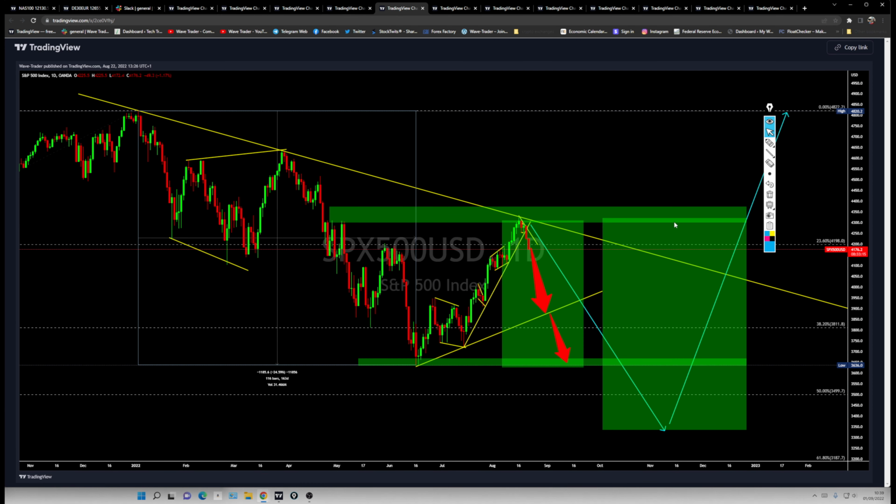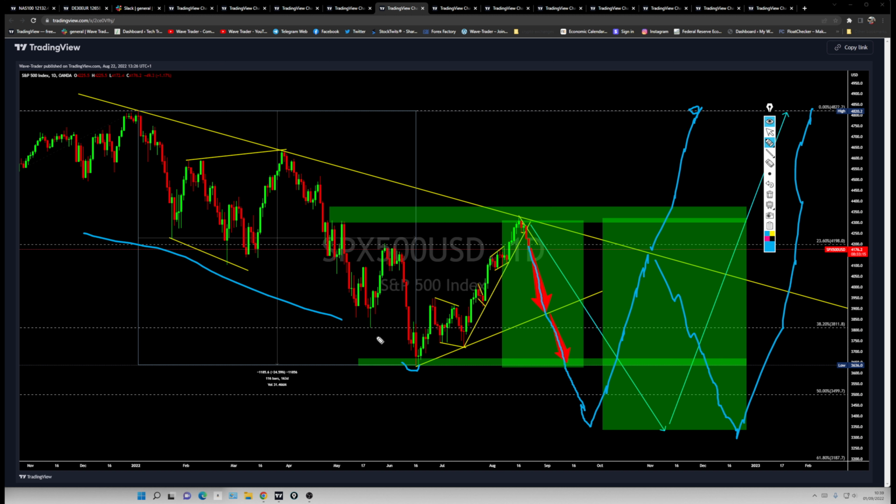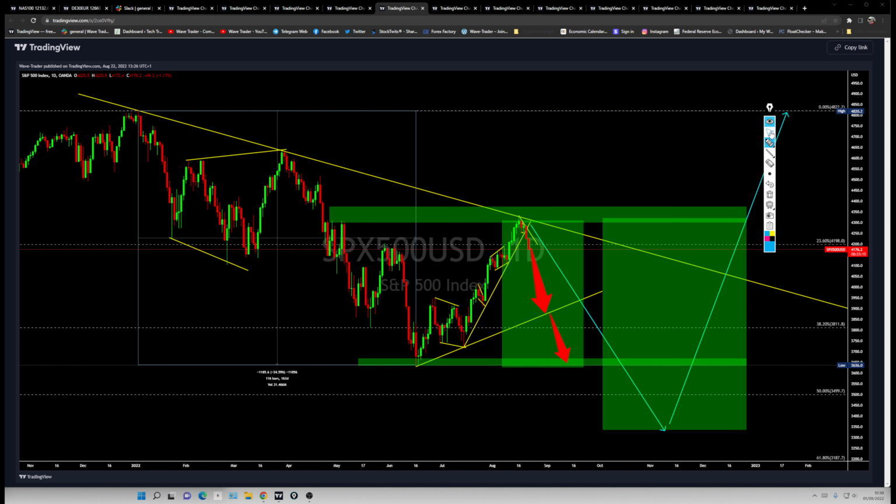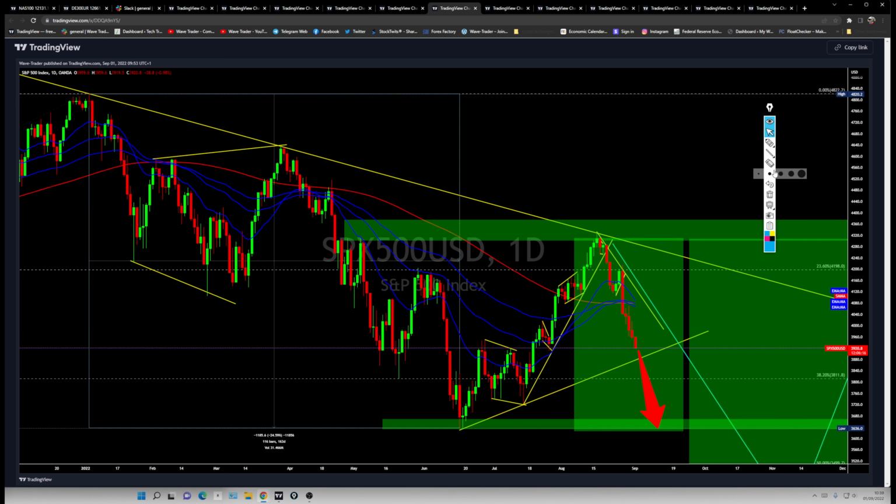S&P 500 is also a similar structure. We were expecting this to break down, and it's breaking down, so we may see a retest of this previous low or a new low, and the structure is going to be the same again, like the others. We are in a bigger correction for the next breakout to the upside, because the Fed is facing higher inflation and looking to bring the inflation down. That's causing this to go down. We had similar corrections to the other indices, now breaking down, and we still have room to run.